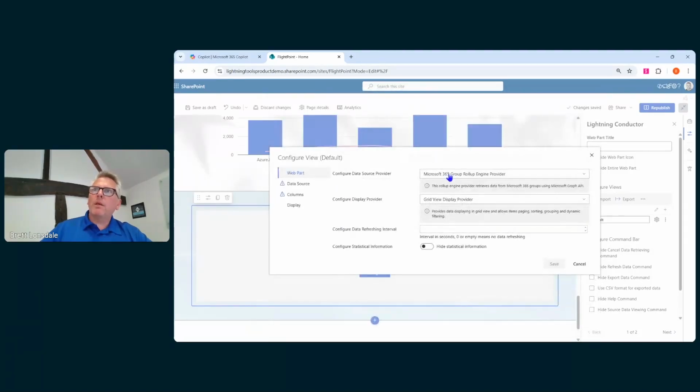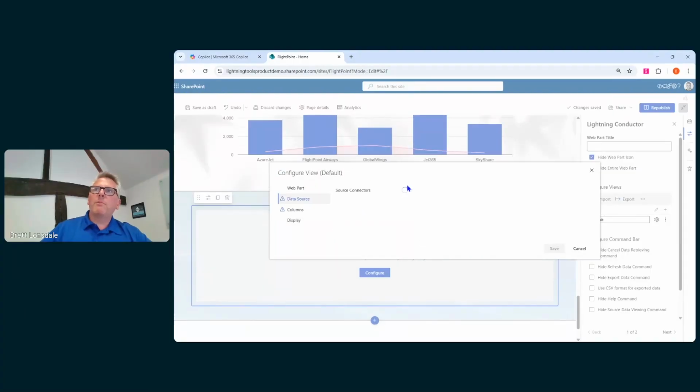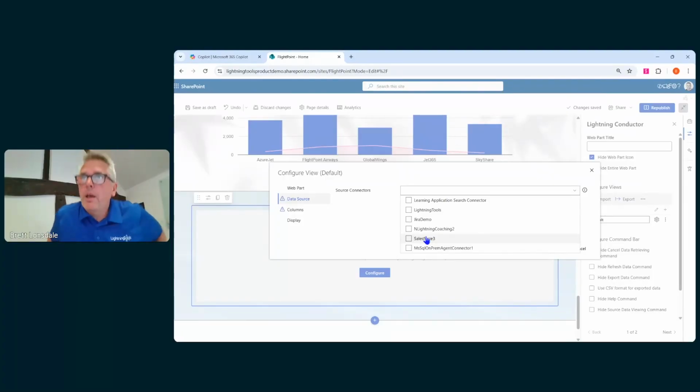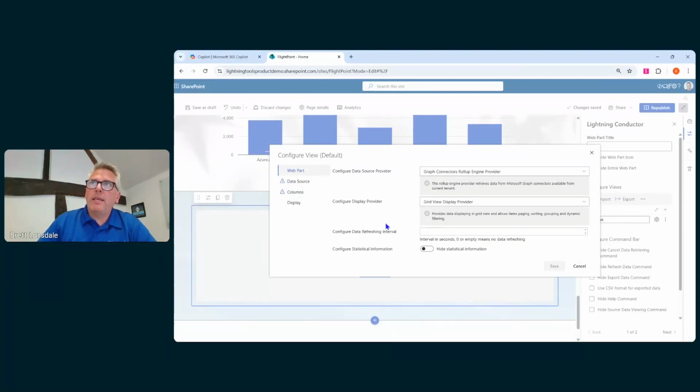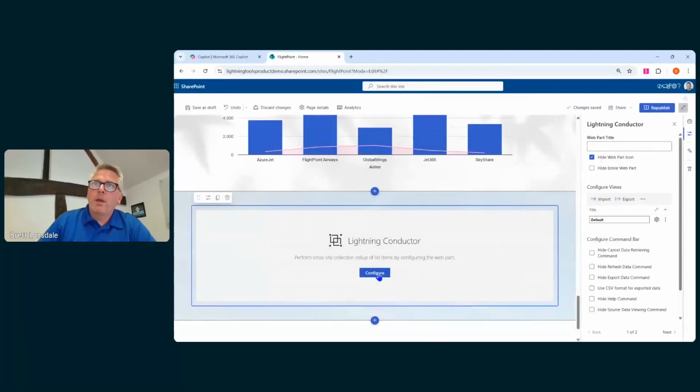sorry, bear with me, selected the wrong one there. Sorry, the graph connectors is where I meant to go. So this is giving me things like Salesforce and Jira and so on as well, where we can build a report on that content. Now you can either work here in the advanced mode, or when we come into it for the first time,